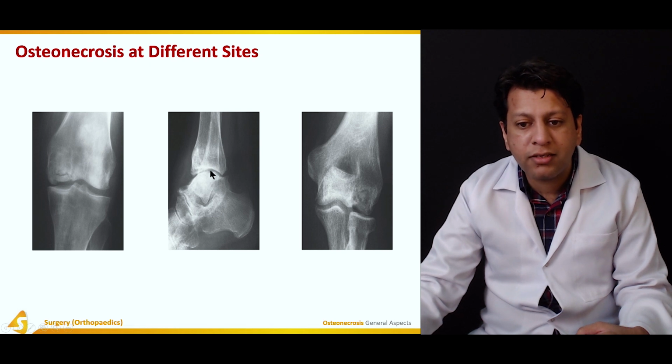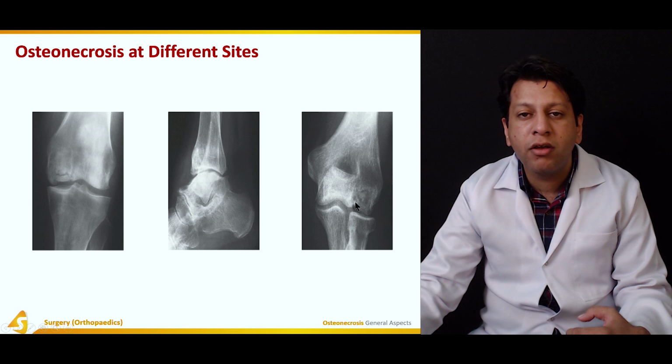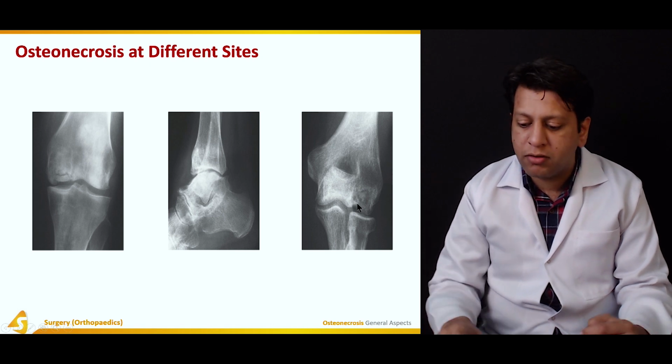Similarly, in case of the talus, the neck area is the most common site. In case of a fractured neck of talus, the blood supply goes from this area towards the head, and once this is torn, the blood supply to this area, which is showing increased sclerosis, especially the dome and the head of the talus, becomes necrotic. Now this is the radius and ulna, and this is the capitulum. This has degraded and fragmented into multiple pieces. Why? Probably because the blood supply following a post-traumatic event has been reduced.